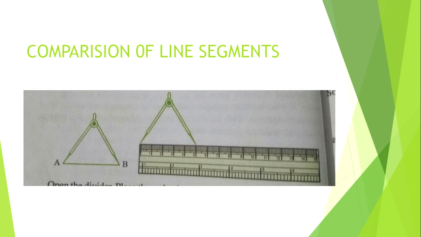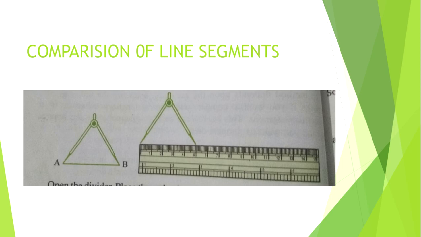We know how to measure the length of any line segment. Normally we use ruler to measure the length. But there are chances of errors in this procedure. The thickness of the ruler may cause difficulties in reading off the marks on it. So what should be the correct way of measuring the line segment?